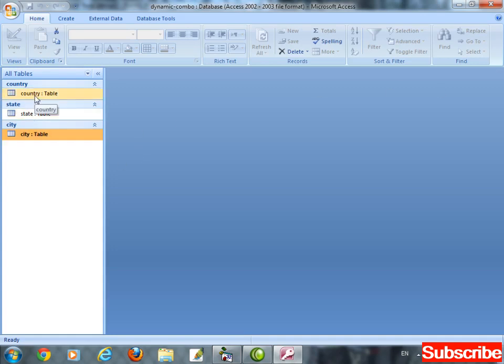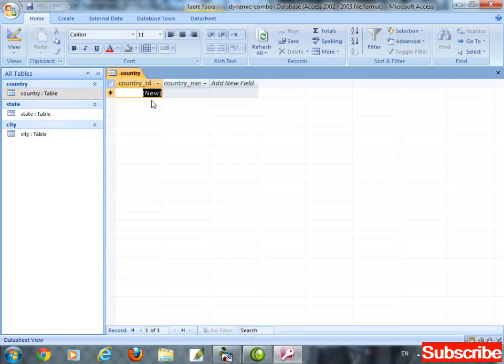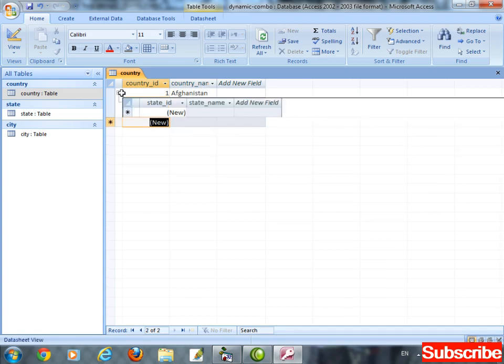Now just enter some simple data. Double click on the country table and enter some data. The first country we are having is Afghanistan. Inside Afghanistan, the first state is Balkh.